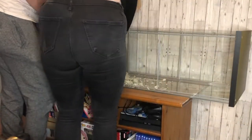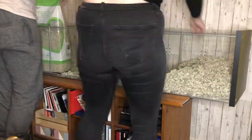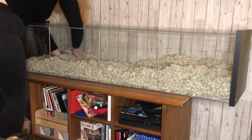Once you start doing research and not just going to the pet shop, you learn so much about these amazing animals, and I fell in love with her so quickly. So that's what I made sure I had before I got her. I made sure I had the cage, I made sure I had all her bedding, and I made sure that I had her wheel, and her wheel is a 13-inch wheel, which I think is one of the biggest ones that you can get. It just about fits in this Detolf cabinet because it's on the very base of the